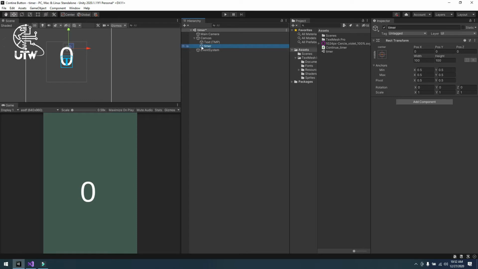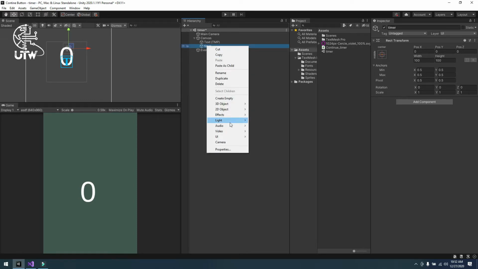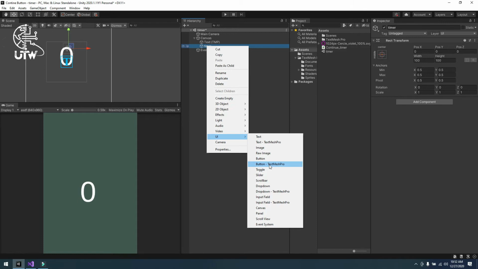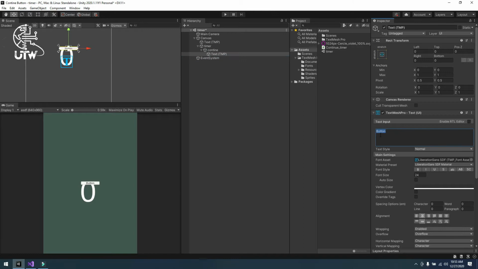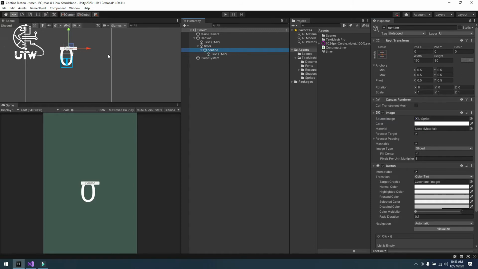Then right click on timer and create a UI button TextMesh Pro. So we can create two buttons. Name it continue and change its text to continue, and increase the button size this way. Let's move it a little bit down.